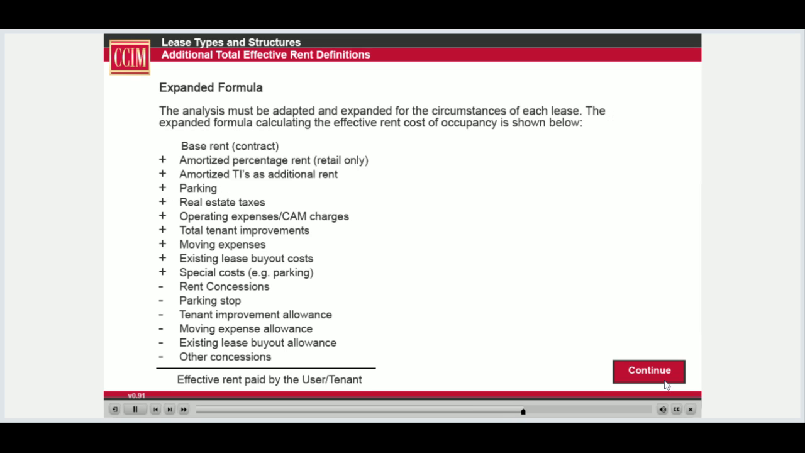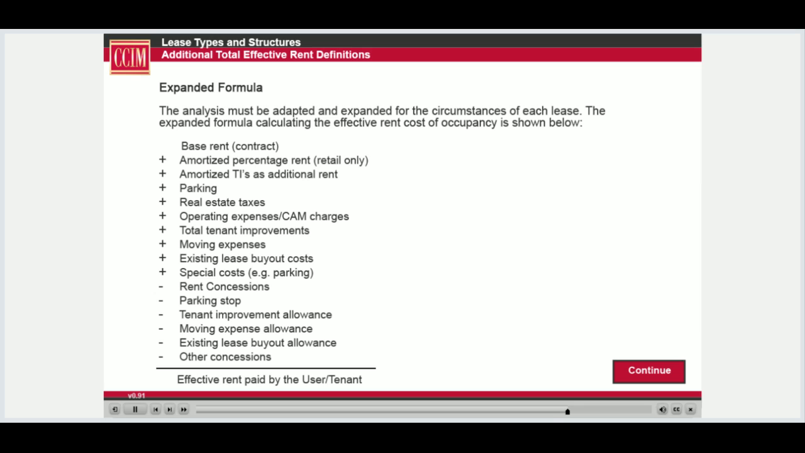The analysis must be adapted and expanded for the circumstances of each lease. The expanded formula calculating the effective rent cost of occupancy is shown below. Base rent or contract rent, plus amortized percentage rent (retail only), plus amortized TIs as additional rent, plus parking, plus real